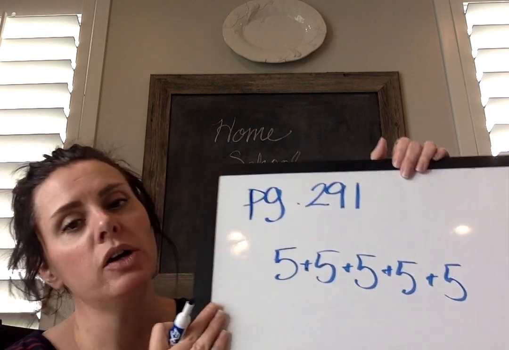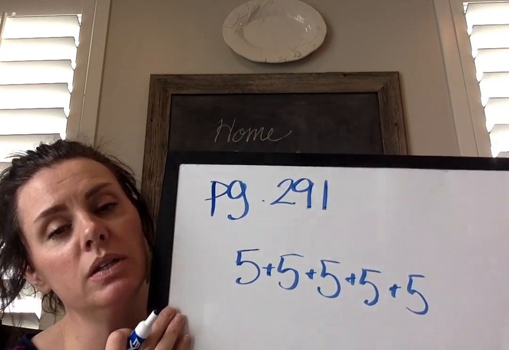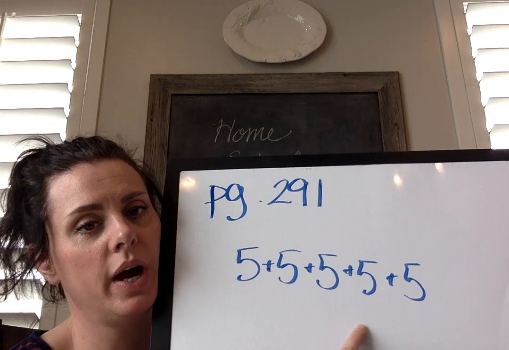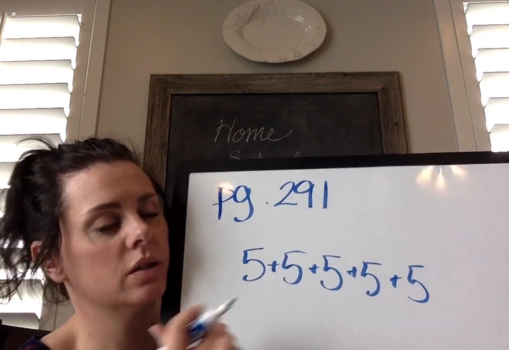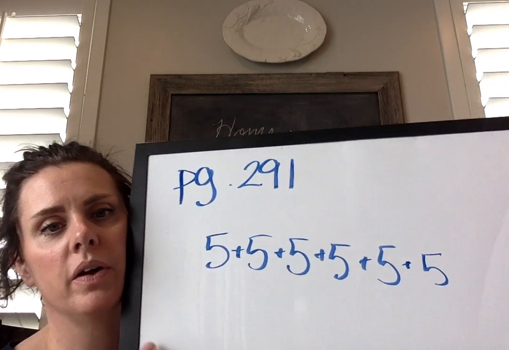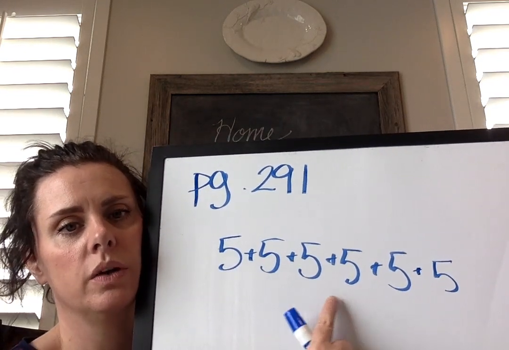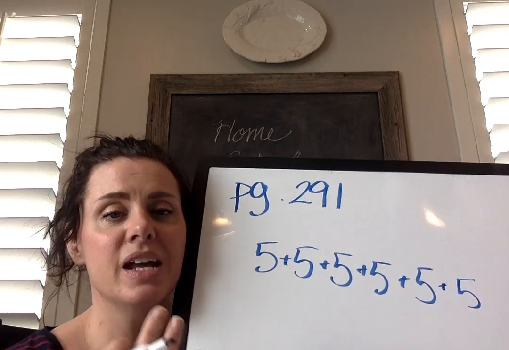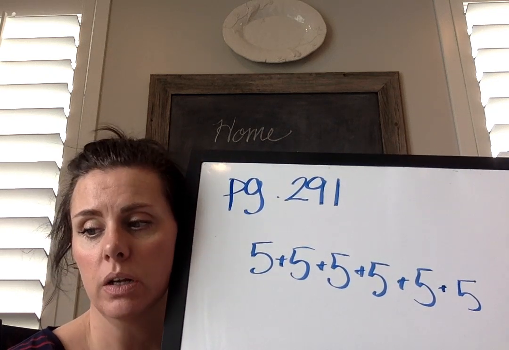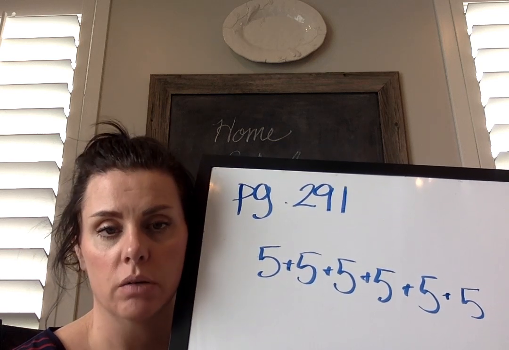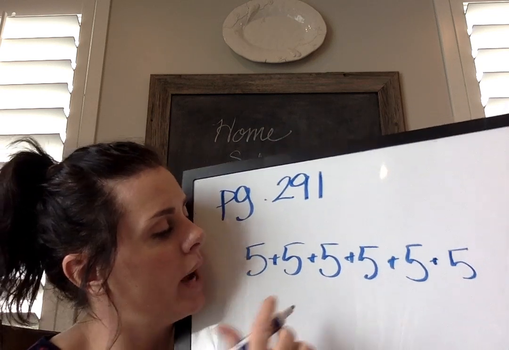Ooh, and you know what? Actually, I missed it. This is for the 6th term. So I only wrote 5. And if I have to know what the 6th term is, then I've got to put another 5 on there because I need 6. 1, 2, 3, 4, 5, 6. Okay. And if I'm going to write an expression for the 6th term, another type of expression, we could write